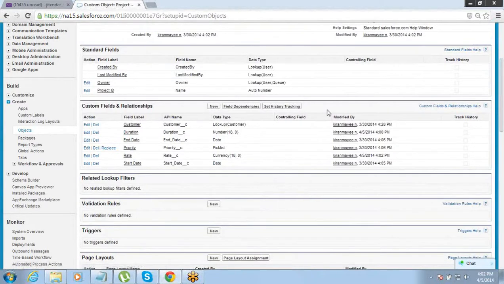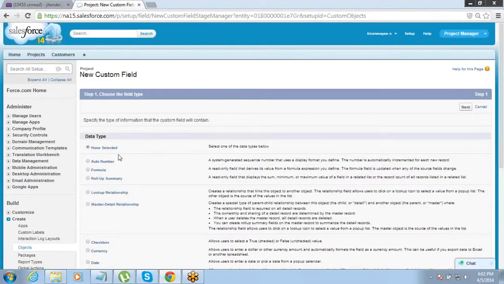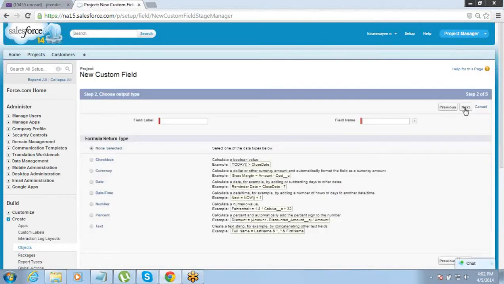For that we can use a formula field. So let's create a formula field to calculate the total budget for the project. Go to the new field, and you will find a field type called formula. Whenever you want to create a formula, you have to select formula as the field type, click on next, and say total budget.